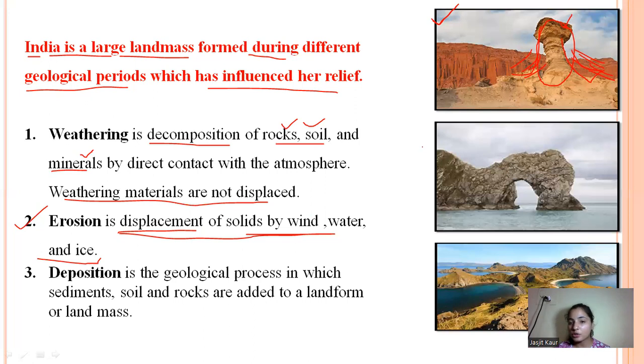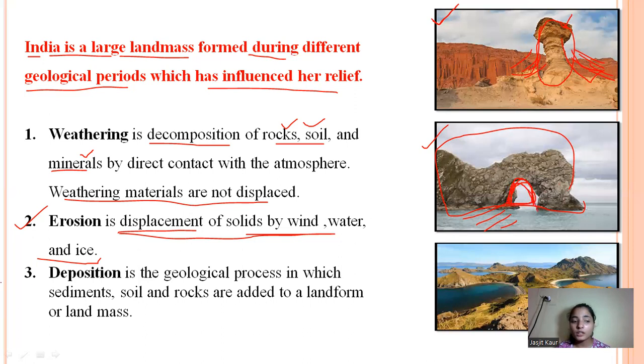So in this picture, as you can see, because of the high wind or the flow of the water, this kind of landform is formed in the ocean. When there is a very high flow of water, a shallow is being carved or made in this kind of structure because of the high speed of water.